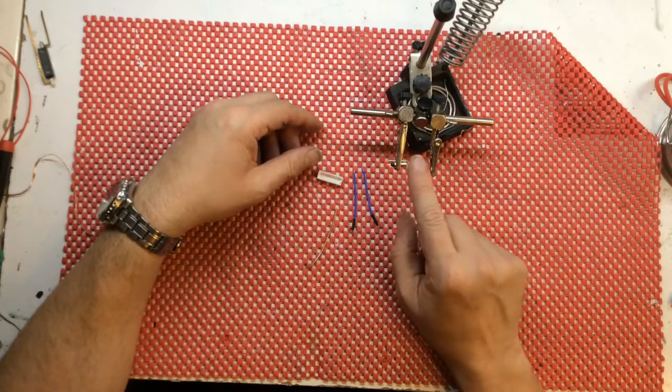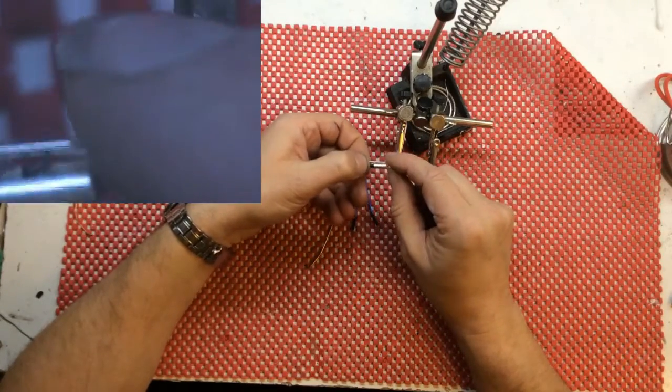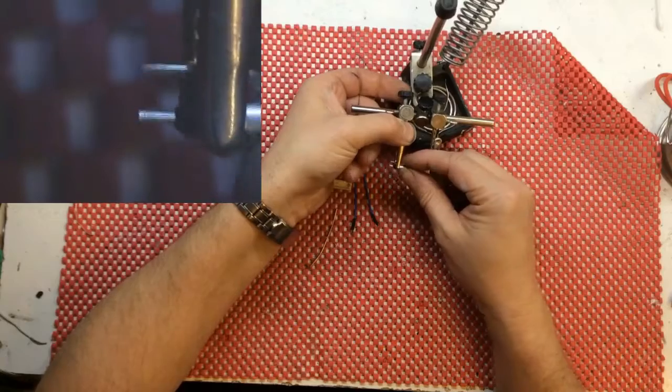I have the fuse here. It's just a 228 degrees C. As you see, I've bent it over, chopped it off, and we're going to use a soldering method